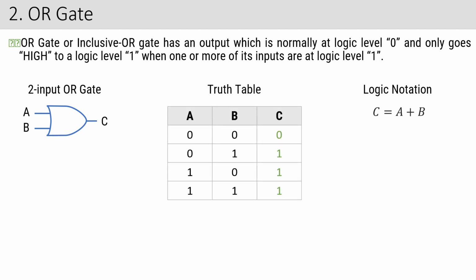If you talk about the truth table, 0 0, both the inputs are low, so the output you are going to get is low. A is low, B is high. 0 plus 1 means this or this. So 0 plus 1 means you are going to get 1. But had it been an AND gate, 0 into 1 gives you 0. 1 into 0 gives 0, and 1 plus 0 gives you 1, and 1 plus 1.